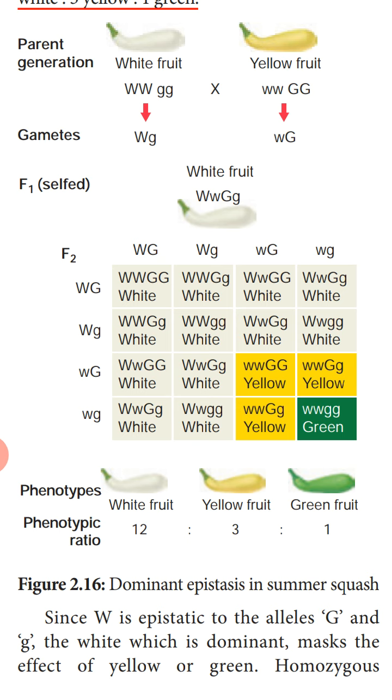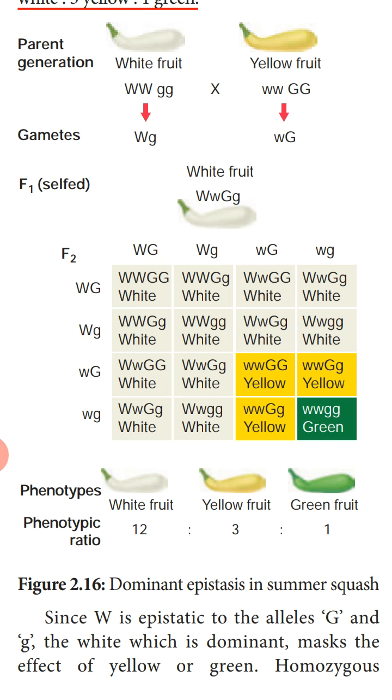The selfing of this plant is done. In this plant there are 4 types of gametes. As we have already studied how gamete formation is done, each character aligns itself. So here: capital W capital G, capital W small g, small w capital G, and small w small g. These are the 4 types of gametes found in one heterozygous white fruit plant. Similarly, the gametes of the other white plant also have the same types of gametes.